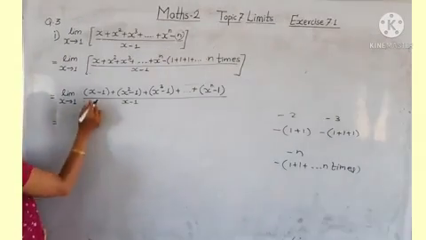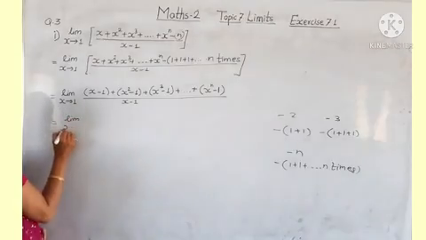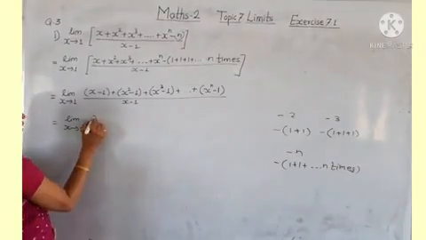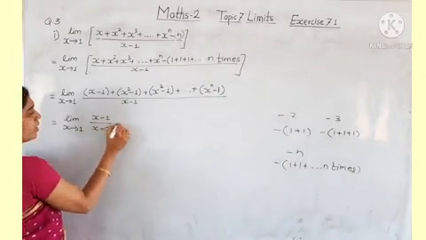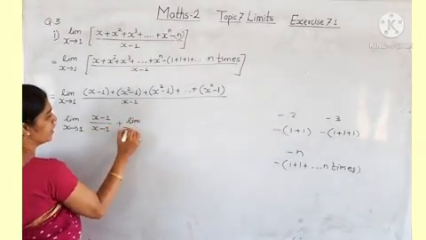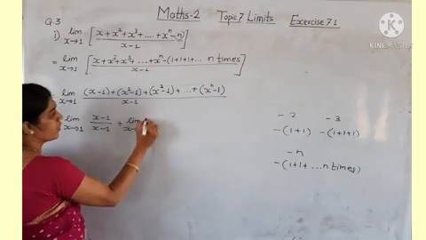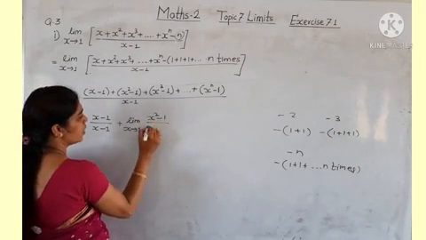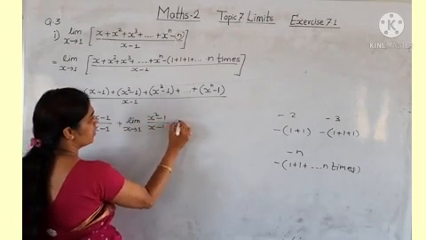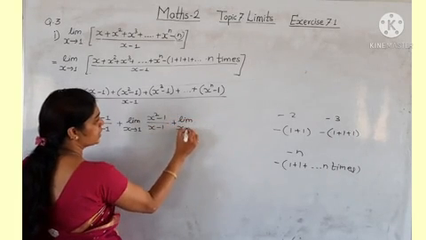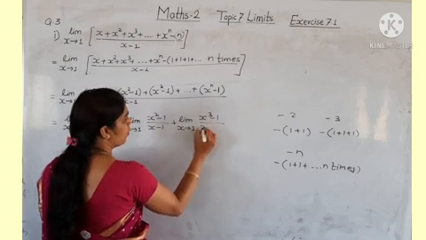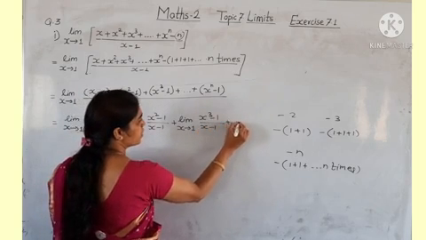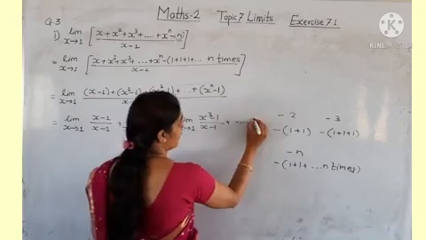Now separate the limits: limit x tends to 1, x minus 1 upon x minus 1, plus limit x tends to 1, x square minus 1 upon x minus 1, plus limit x tends to 1, x cube minus 1 upon x minus 1, plus dot dot dot plus